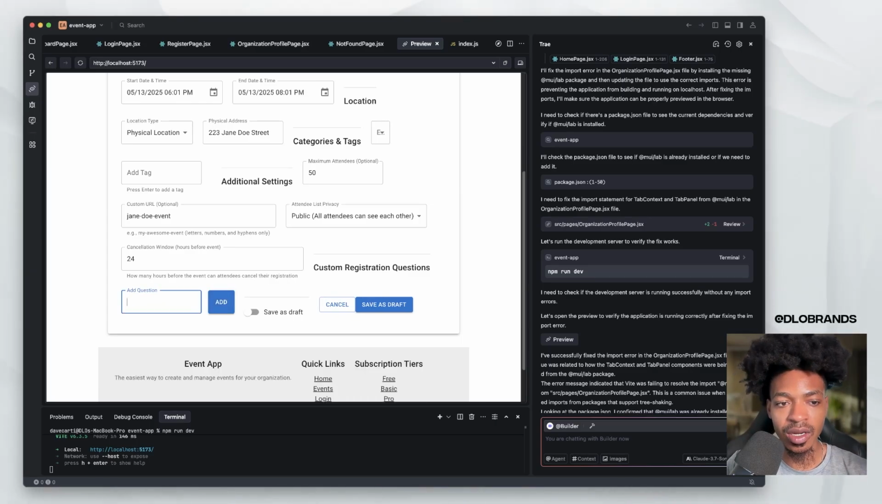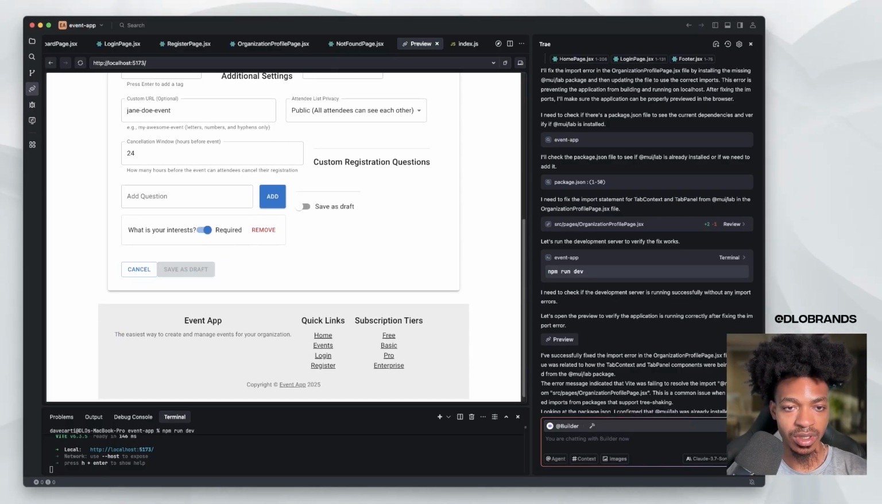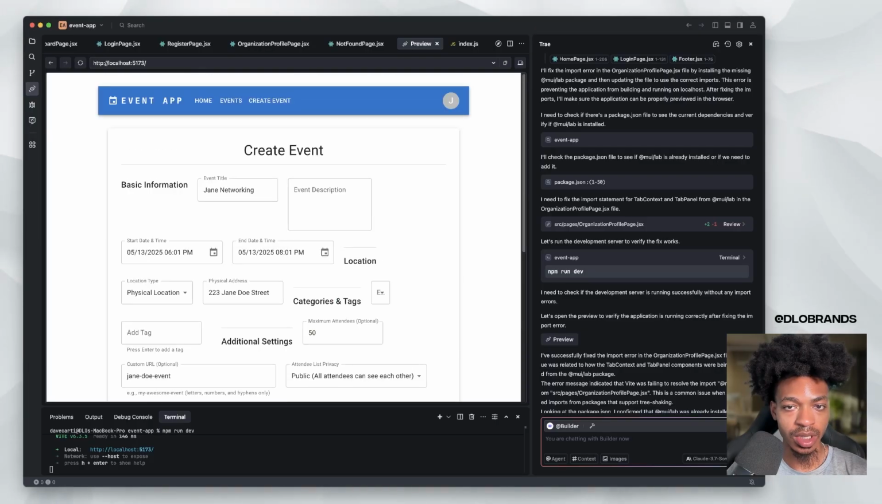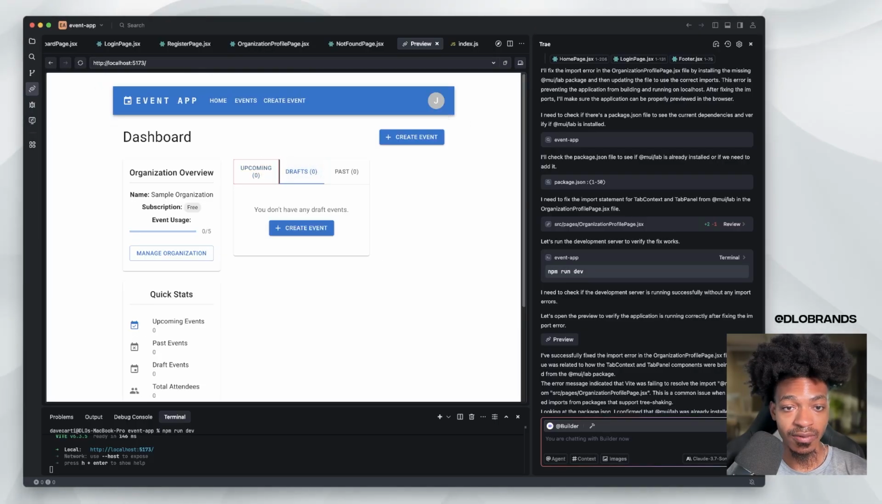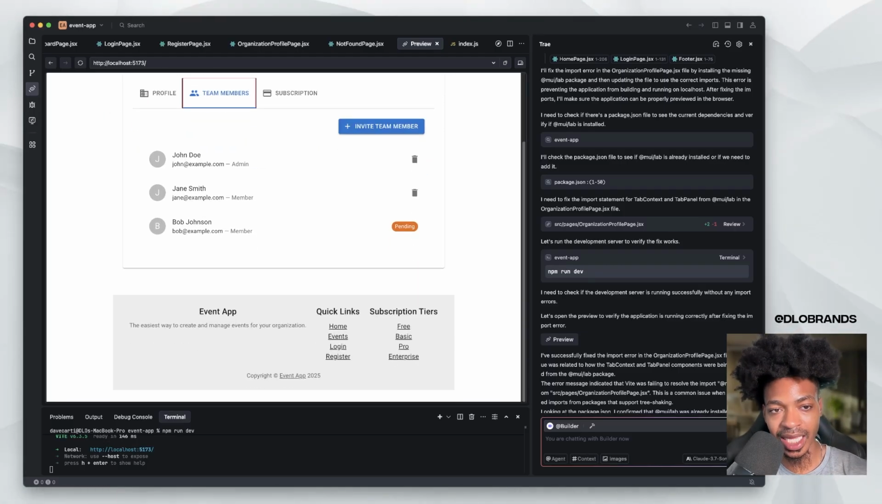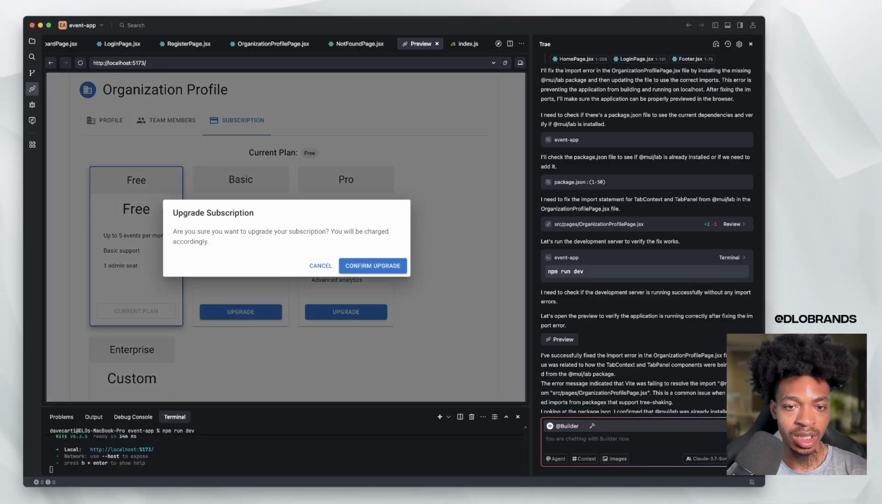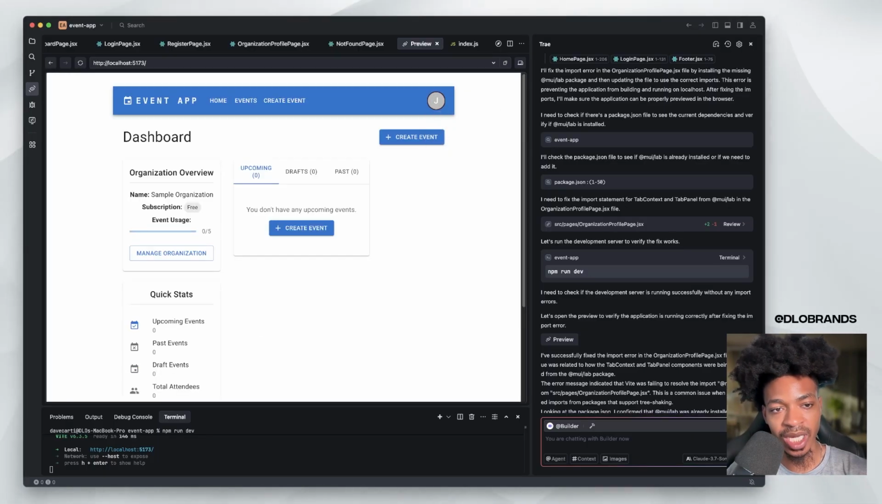Oh, so you can add a question. Okay, what is your interest? You can require it, and then you can save as drafts. I'm not sure what that did. We have no drafts here. It looks like, okay, for a backend, it has a lot of functionality. It has functionality in the backend, but even then,